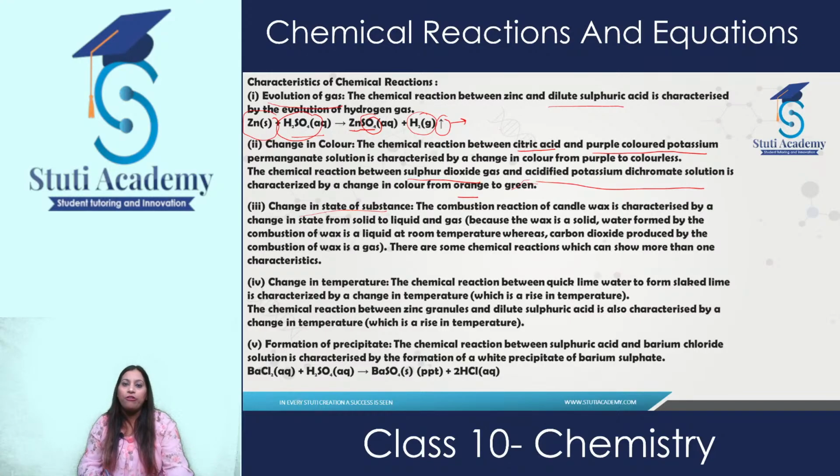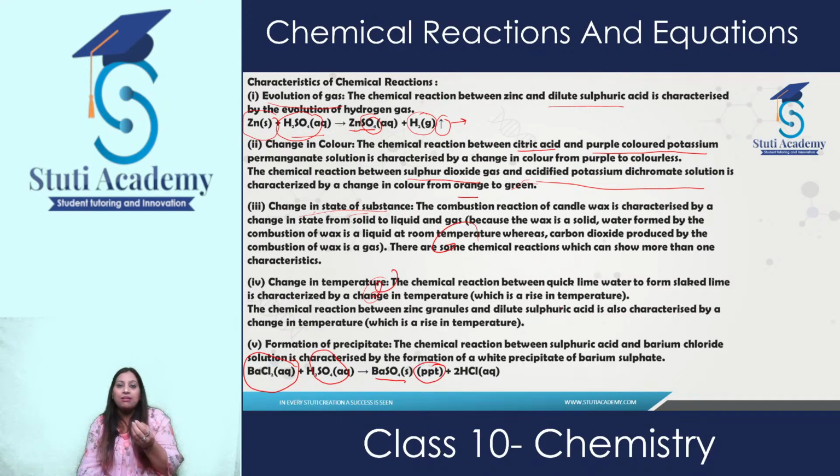Then we have formation of a precipitate. When a chemical reaction takes place between sulfuric acid and barium chloride, as you can see in this chemical reaction, BaCl2 is the formula of barium chloride, and when it reacts with dilute sulfuric acid, H2SO4 being the formula of sulfuric acid, they both react with each other and it results in the formation of barium sulfate, which is a salt,